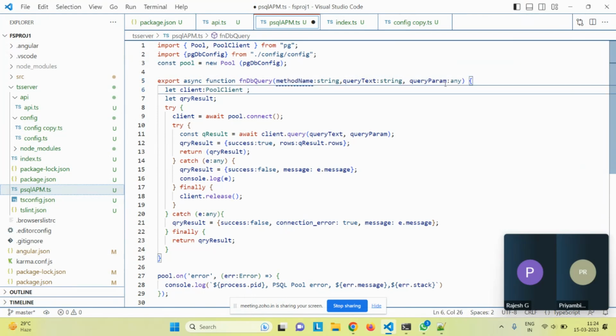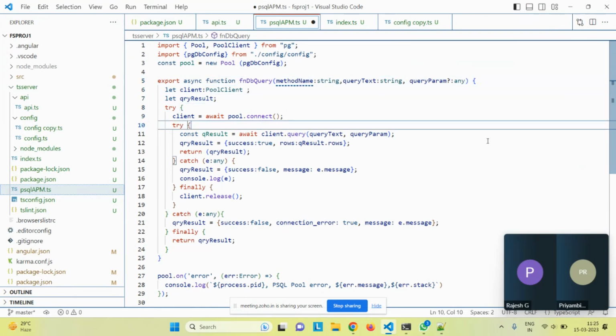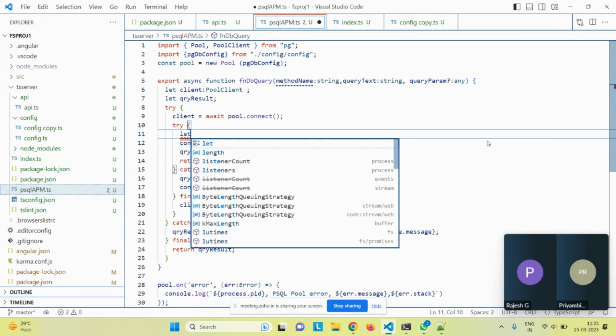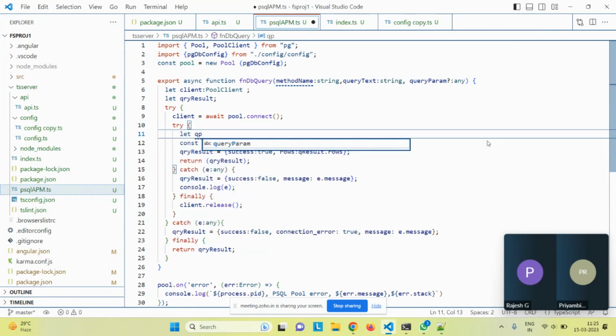So parameter, if you feel it is non-mandatory, I can use a question mark. That means it is a non-mandatory field. Right? Method name is a mandatory field. Query text is a mandatory field. But query param can be a non-mandatory field as well. If you have it as non-mandatory, you need to ensure how you are passing the data. So for example, if I am passing the non-mandatory,